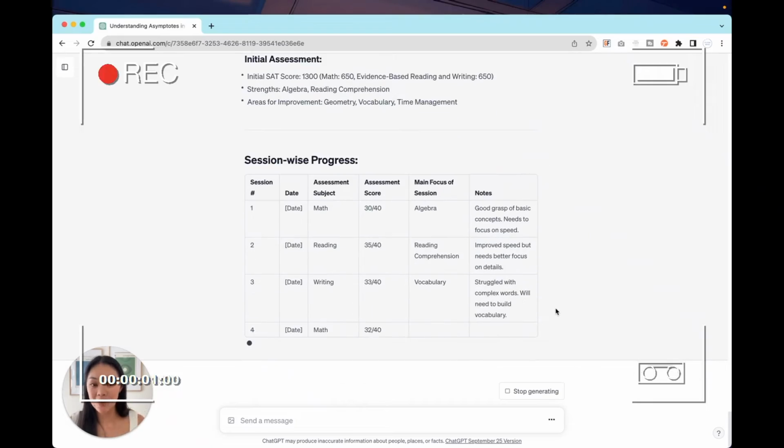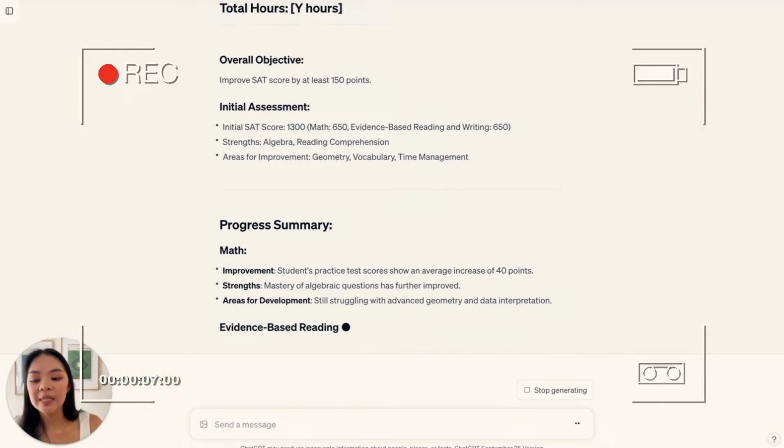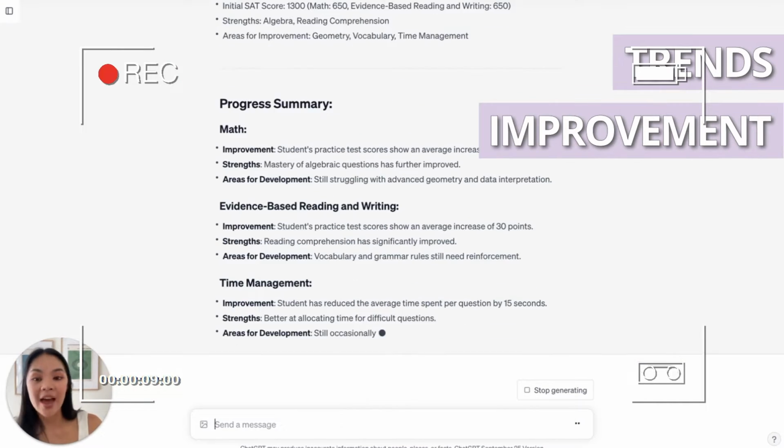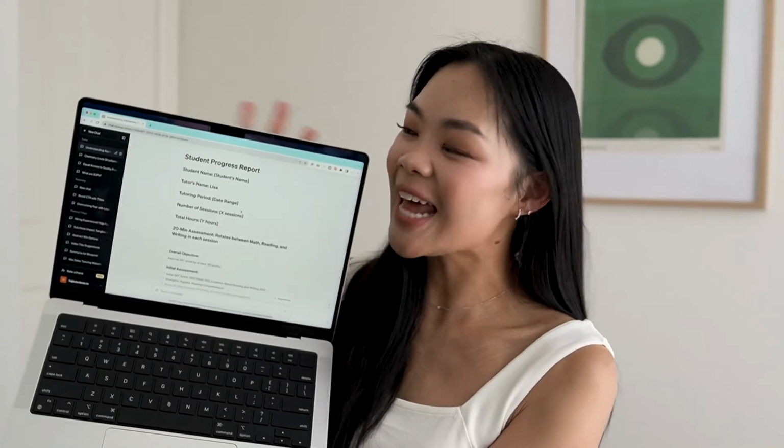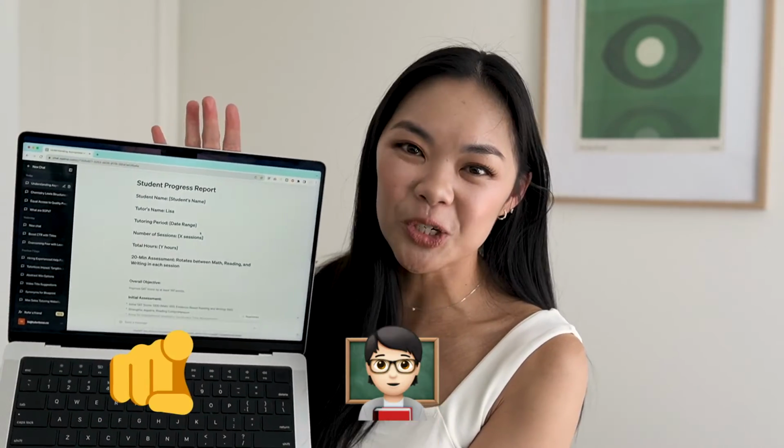It's creating this amazing table for me. I don't want ChatGPT to replace me as a tutor. What if my students just go and use ChatGPT and then my work is made redundant? By importing student data and performance metrics, ChatGPT can help me identify trends, areas for improvement, and opportunities for further support. So today we're going to talk about how you as a tutor can use ChatGPT, both in terms of